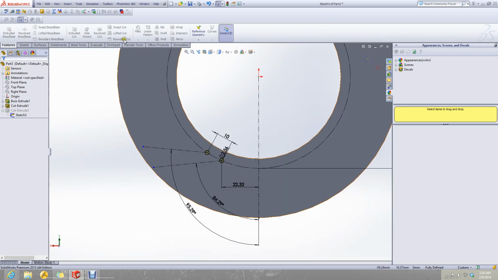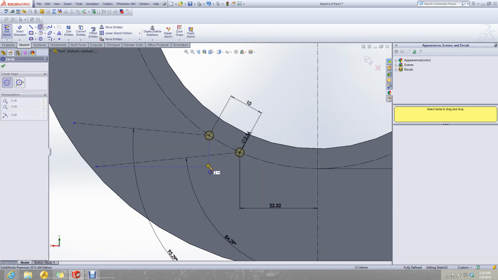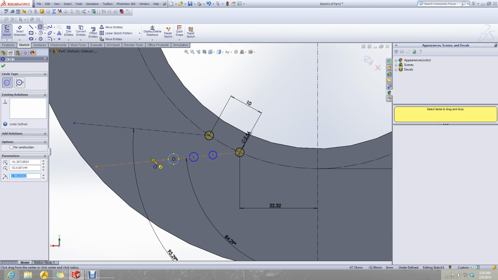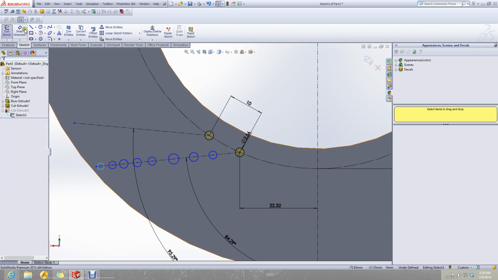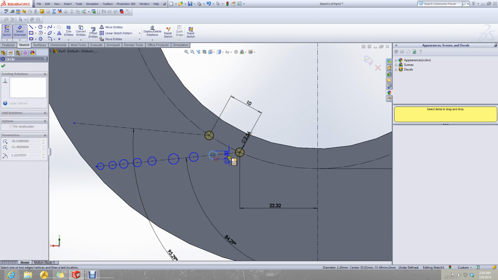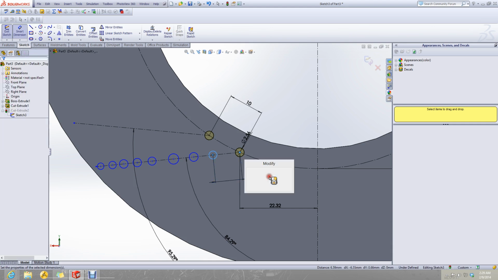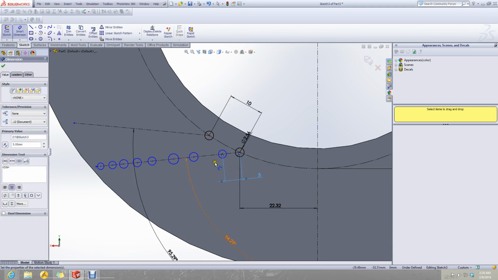I have to do it manually. 1, 2, 3, 4, 5, 6, 7, 8, 9. Millimeters as measured.